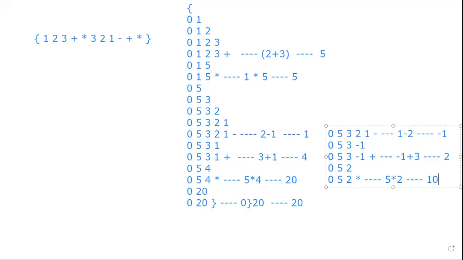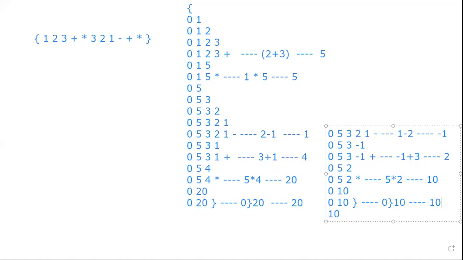10, 0, I mean space 10, 0 has been read. And then 10, and then the element is the closing brace. After that, what are we having? We are having the character that is closing brace. So how is it placed? Closing brace and 10, which is equivalent to 10.